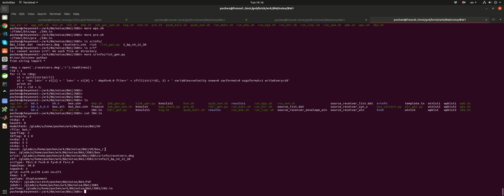That's going to store the UTM coordinates of the four corners, and then box underscore r dot ALL. That's going to be the azimuth and the longitude, latitude of the origin of the box, the length and width of the box, and the projection string basically. And then we need a list of the sources and the receivers, and we also need a source time